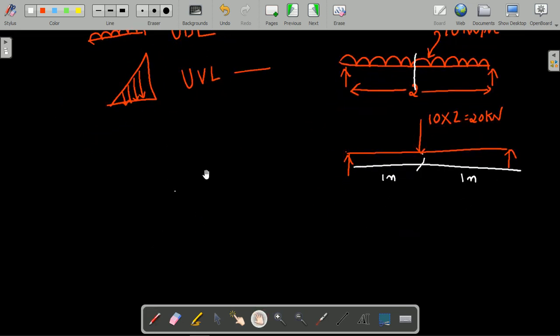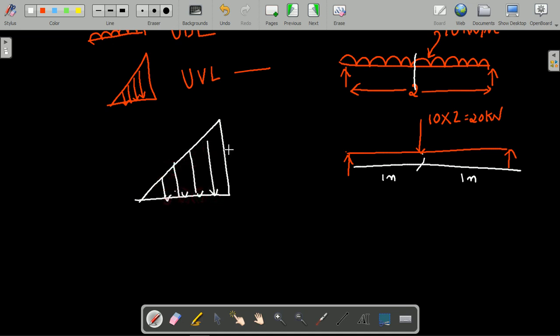So then you can see here another type of load, that is the uniformly varying load. Suppose a uniformly varying load is given in the problem. So this is the uniformly varying load. Whatever the magnitude, suppose you take it as 10 kilonewton per meter. If you want to convert this UVL into a point load, you consider the base as 2 meters. In order to convert this uniformly varying load into the point load, you need to apply